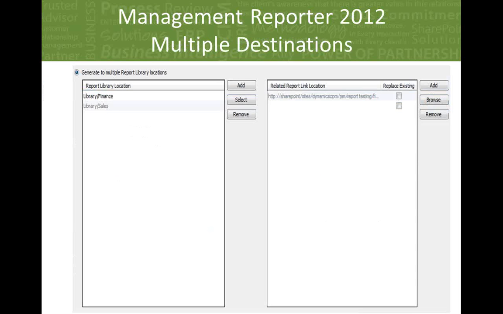Kind of along those lines, having those multiple options for formats, you can generate a report to multiple destinations at the same time. So here we've got a report library. So the library in the finance folder, in the sales folder. This is going to a SharePoint site. So I can actually generate a report directly to a SharePoint site or to a file share. So if some of you are not using SharePoint today, it'll generate out to a file share, your shared folder, or secured shared folder, or whatever it is on your network